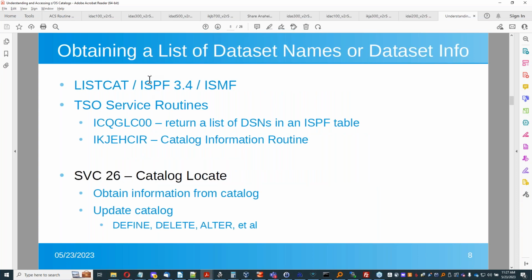Or ISPF 3.4 or ISMF. If you're a TSO programmer and you don't mind doing assembler, there are a couple of TSO service routines you can call. ICQGLC00, which is not terribly well known, takes a data set name mask similar to listcat and returns a list of data sets meeting that naming convention in an ISPF table. Similarly, there's another TSO service routine, IKJEHCIR, which will again return a list of data set names